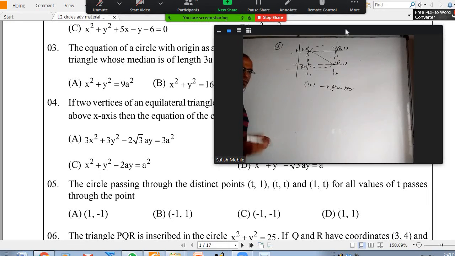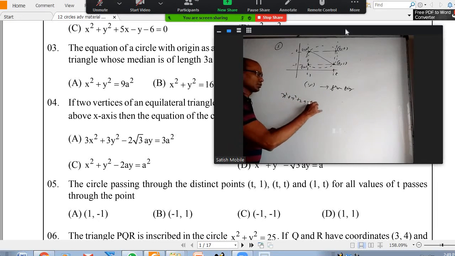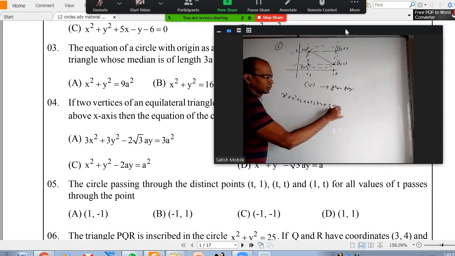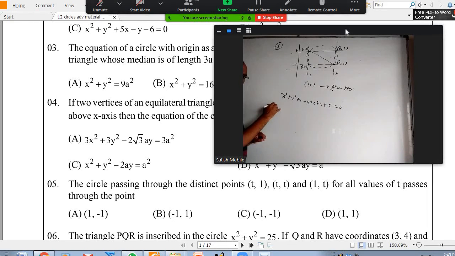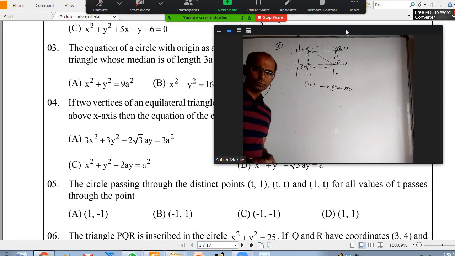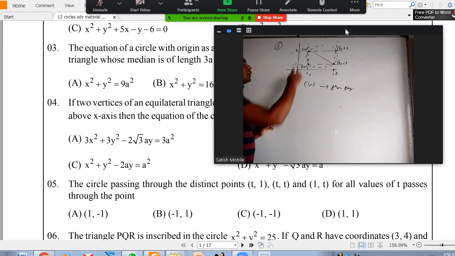We don't want it from the figure. You know, 3 points on a circle, we can find the circle equation. x square plus y square plus 2gx plus 2fy plus c equal to 0. You can put the points on the equation, you get 3 equations. Or it's forming a right angle triangle. Sir, otherwise, what happened? Yeah, ends of the diameter you can take, right? Diameter. Yes, sir. Correct.